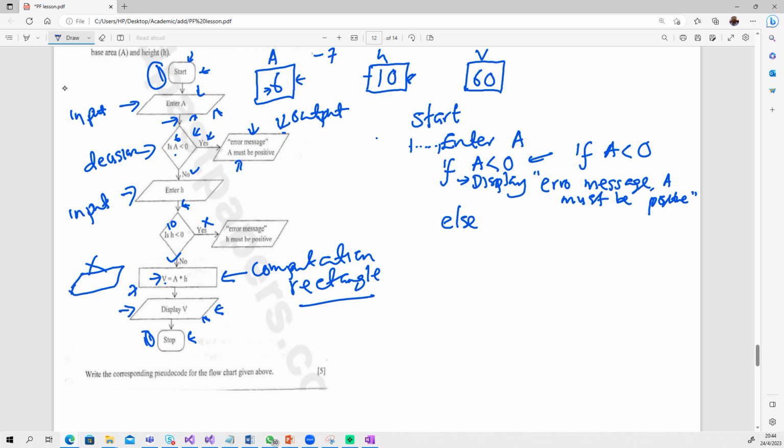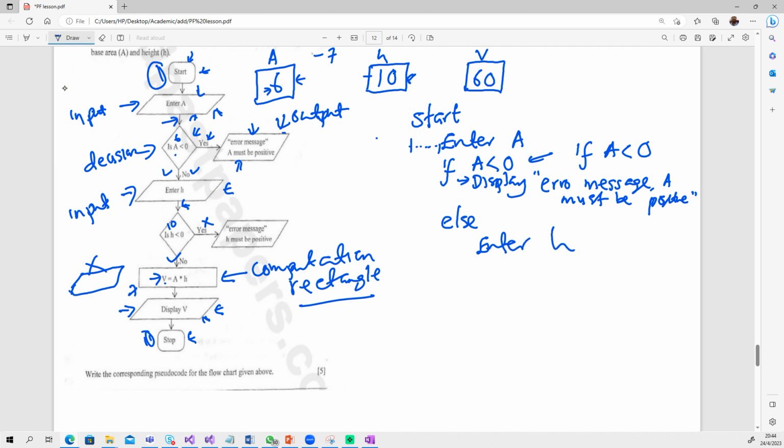Then that is when we should come here. So as a way of showing that if this is not true, there is another action to be taken, I'm going to bring this here under the else, meaning if this is not the case, then I say else. Then I tell someone to say